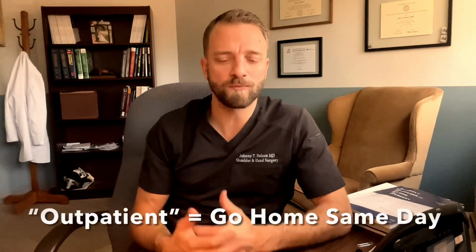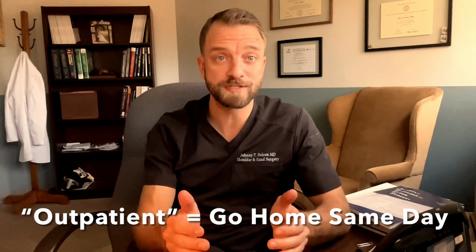So on the day of a shoulder scope procedure, as I mentioned in some other videos, this is an outpatient surgery, meaning that you're likely going to be going either to a surgery center or a hospital. Usually most scope surgeries are nowadays done at what's called a surgery center, which is essentially a very small hospital where patients are sent home that same day. So most likely you will be going to a surgery center for your surgery, and you will be going home